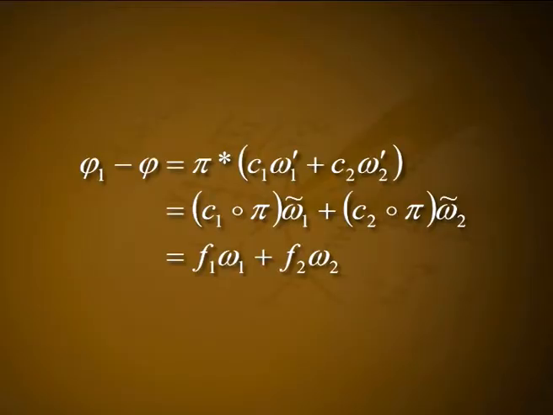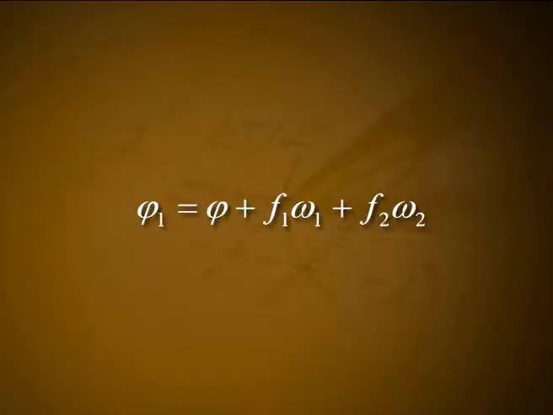Hence, φ1 minus φ is equal to π*(c1 ω1' plus c2 ω2'), which is equal to c1 composite π ω1 tilde plus c2 composite π ω2 tilde, which is equal to f1 ω1 plus f2 ω2 for some smooth functions f1 and f2 on π inverse U, since ω1 tilde and ω2 tilde span the same space at each point as ω1 and ω2. Thus φ1 is equal to φ plus f1 ω1 plus f2 ω2, and by substituting it into